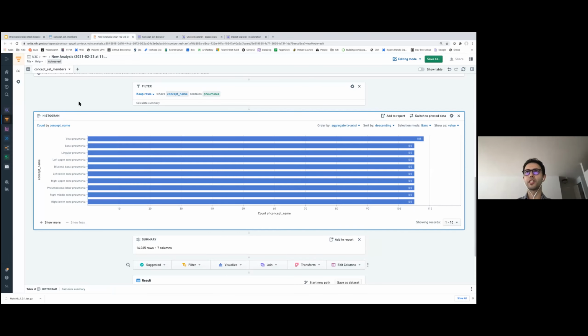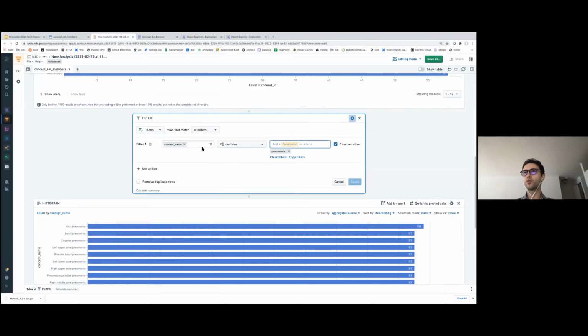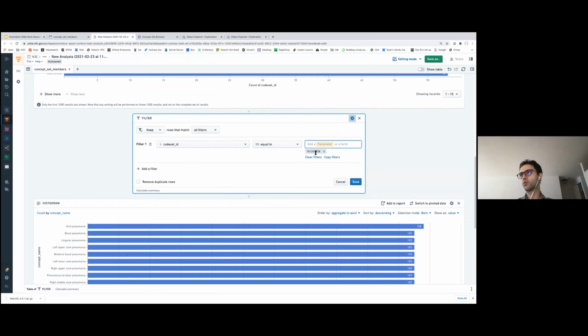analysis, which is usually a more efficient, more accurate way to filter to the concepts of interest. So instead of concept name, I'm going to pick code set ID, and I want it to be equal to this number that I grabbed from my concept set browser. If I click on save,